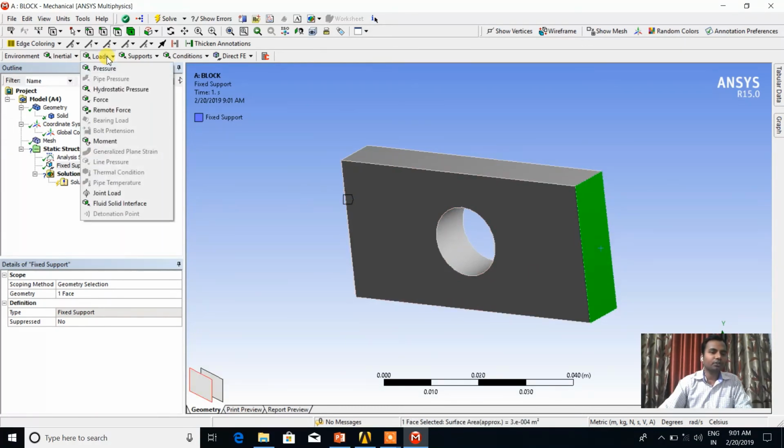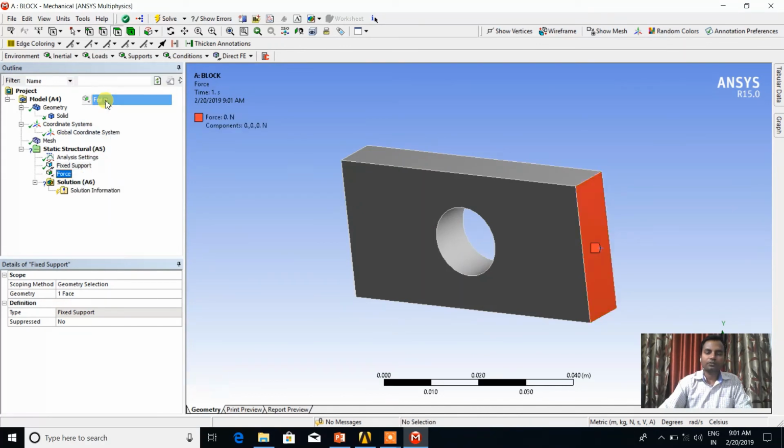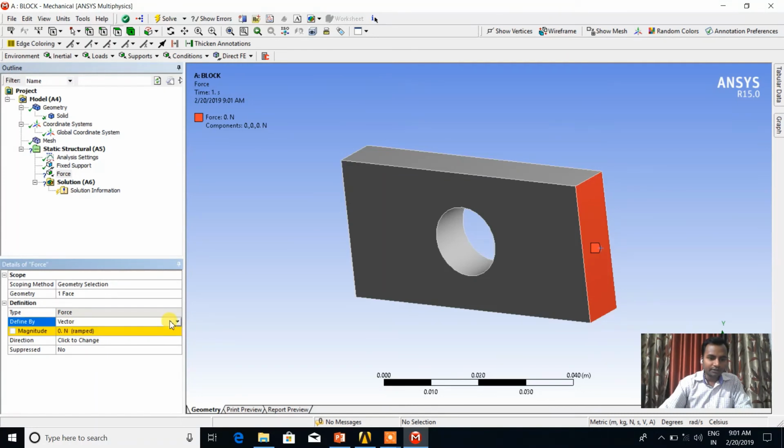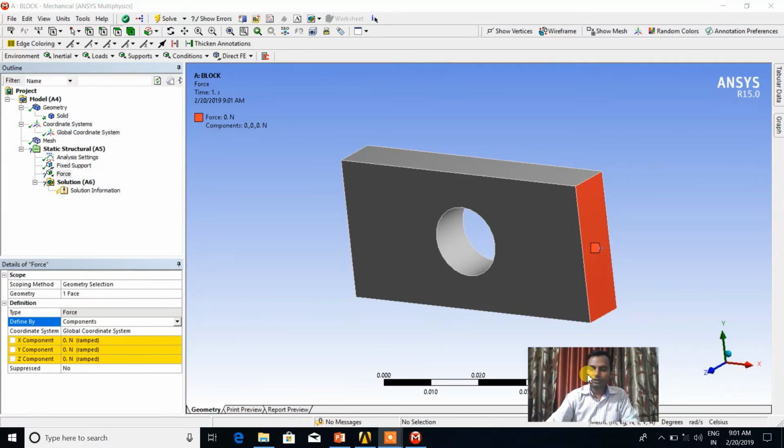Click on Load and click on Force. The face is selected. How much force do you want to apply? If you want to give a directional force, by default it is defined by vector. You can click on vector and change it to components.